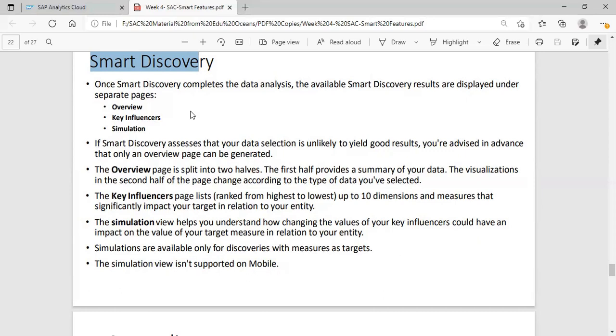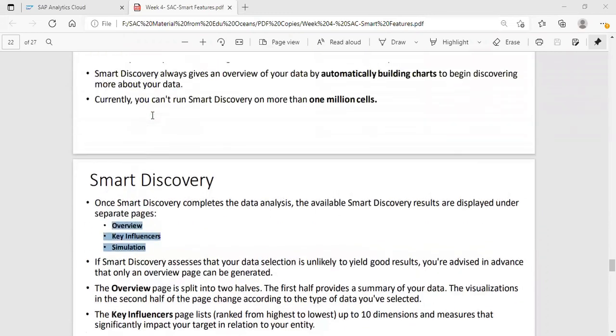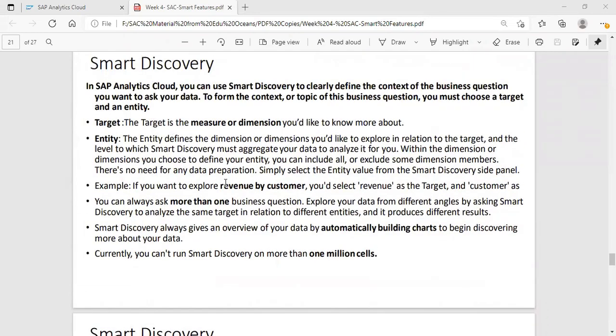Okay, so we have three kinds of category here. Normally you will get it, but if you segregate your data at a more granular level, you will get one more chart, which is called unexpected values, where you can see unexpected values for your coming quarters and measures, for the particular measure which you have defined in your target, that is revenue.